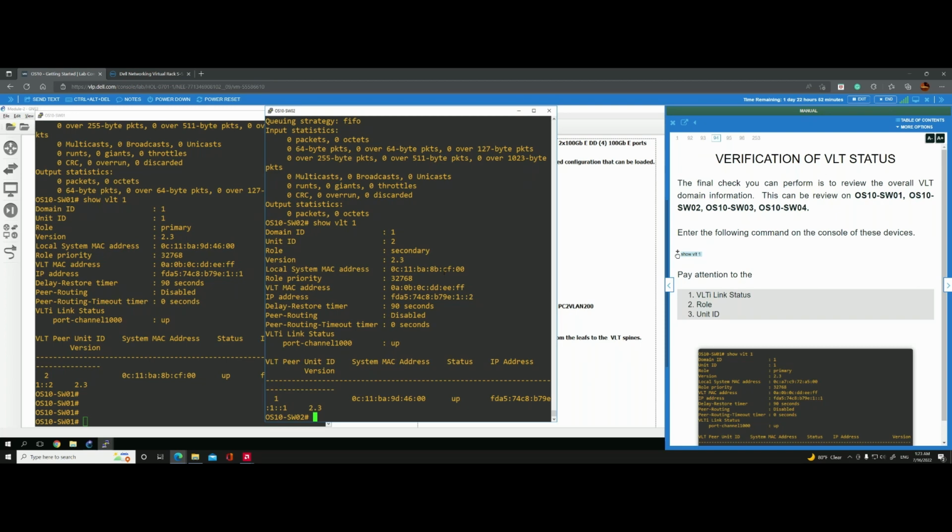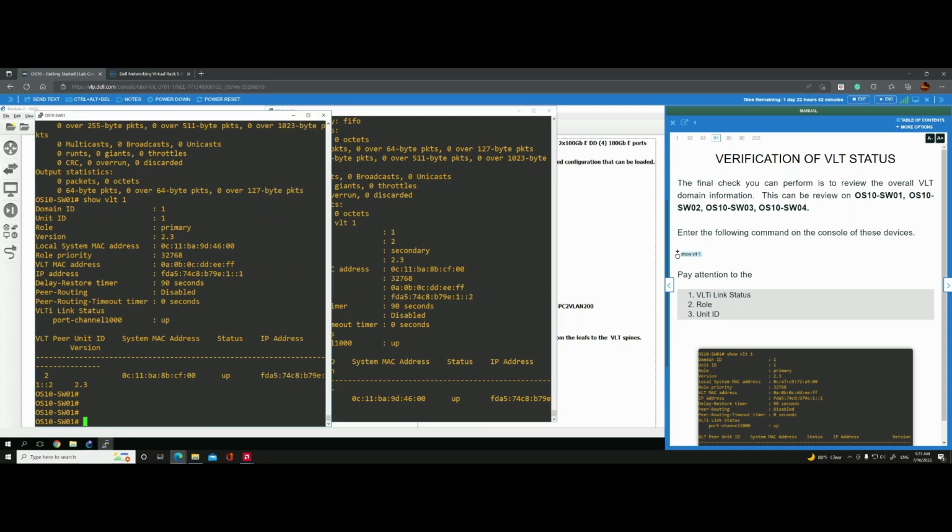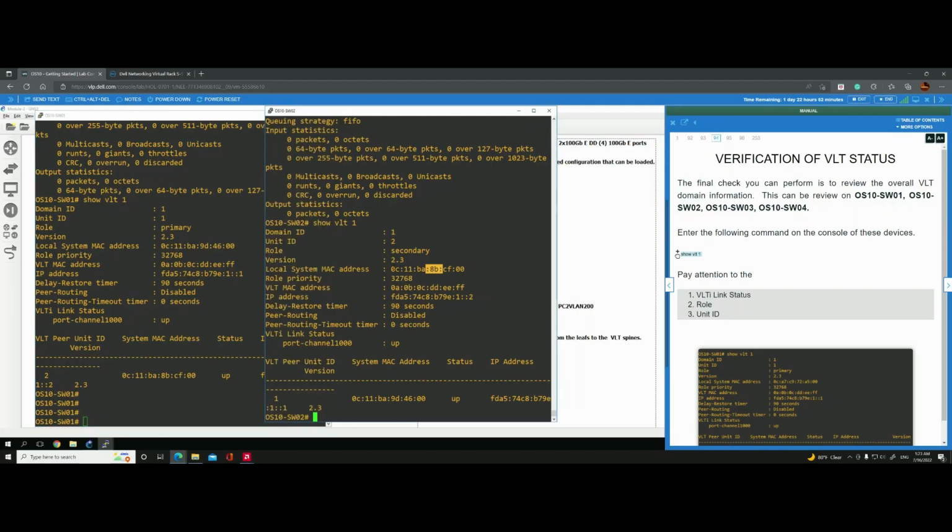But I already failed this switch, so this switch right here has a lower MAC, so it's 0C 11 BA 9. So this MAC address is higher by one. Well, it's higher because it's 9 and this one is 8B, right? So these digits are